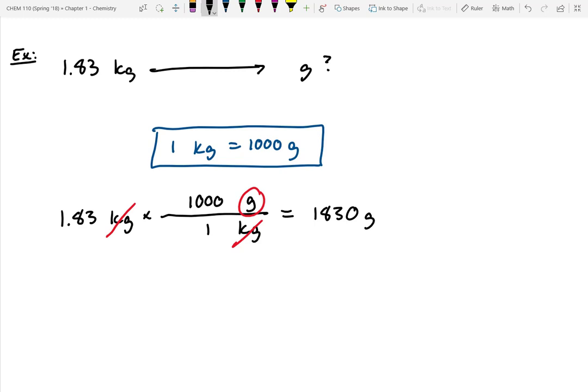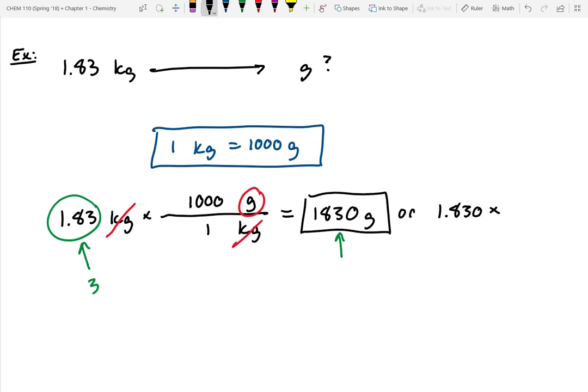grams. However, it looks like we're measuring kilograms, right? You can't count kilograms, they're not items. So what should our final answer be? How many sig figs were in our measured value? Yeah, 3 sig figs, which means our final answer should also have 3 sig figs, which in this case it does. So you can write it as 1,830. That implies that this is 3 sig figs. That would be a correct answer. Or we can write this in scientific notation. We can say this is